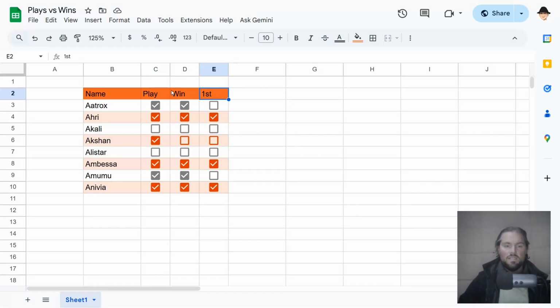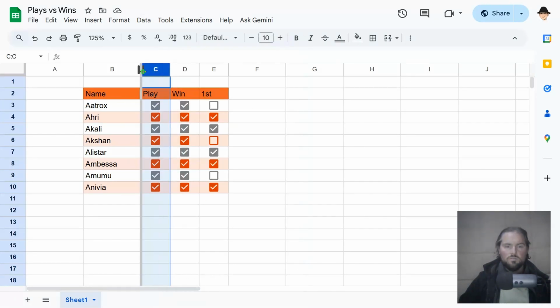The setup they want is to be able to check all of these checkboxes independently, but especially they want it so that if they check win, that play will automatically be checked. And if they check first, that win and play would automatically be checked. Now, technically, if all they wanted was 2 columns with played or won,